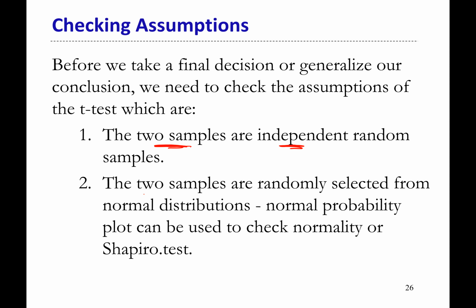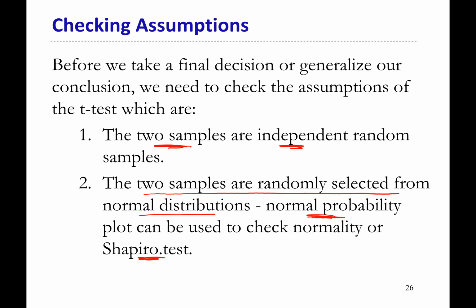The second assumption is the two samples are randomly selected from normal distribution. So each sample should follow normal distribution. So I need to check normality for each group of data. The first group of data has 5 values. Second group of data has 6 values. I need to make sure the normality is satisfied. Keep in your mind, we looked at the histograms, but the histogram doesn't work because the sample size is small. So we need to look at something better, which is normal probability plot. So let's check the normal probability plot and also do a test, which is Shapiro test, to make sure normality